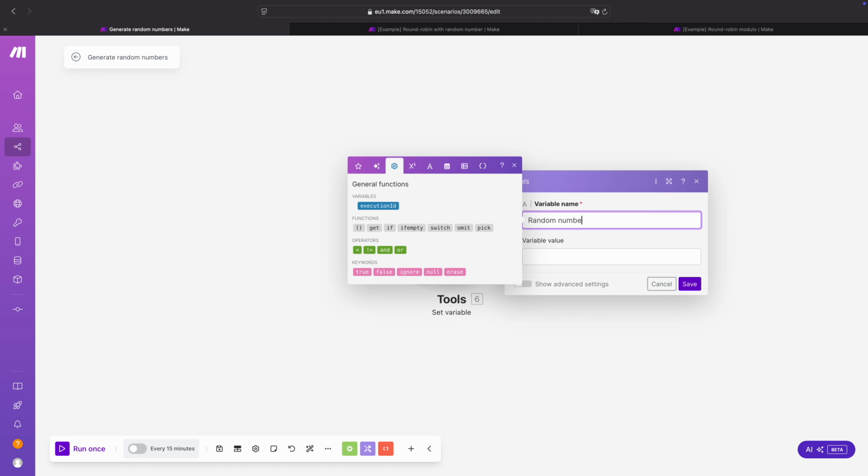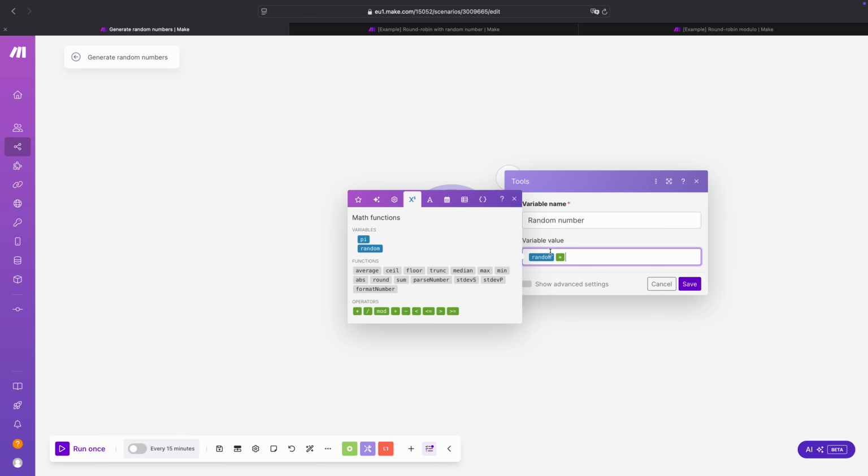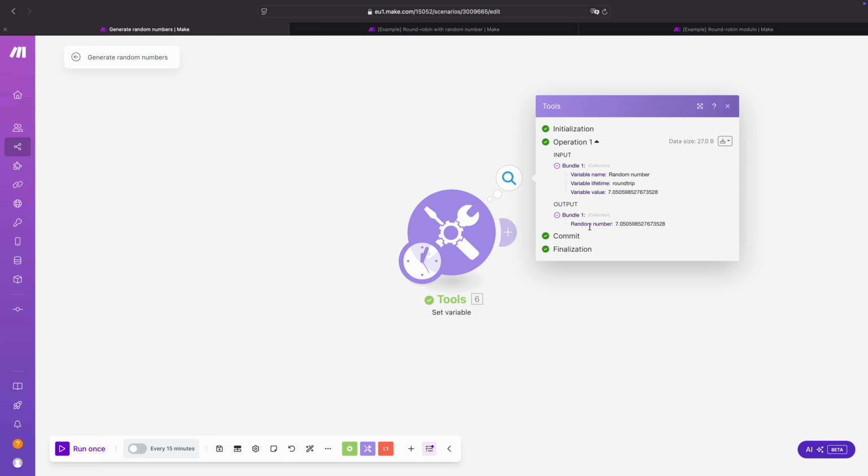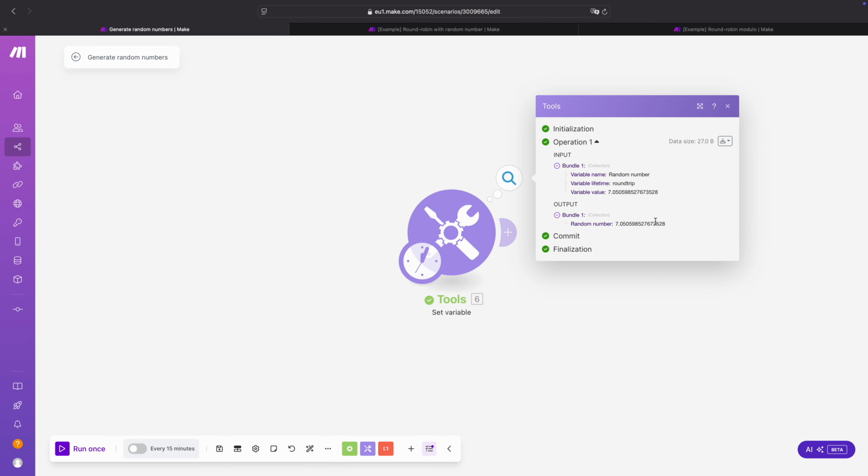So, for example, if we want to have a number from 1 to 10, including 1 and 10, what we want to do is multiply this. So we drag this in here. You can also just click this if you want. And then we say here times 10. This is not it yet, but I just want to show you what happens. We click save, we click run once. And then you see now that our random number is not between 0 and 1 anymore, but between 0 and 10 basically, but still with a bunch of decimal places.